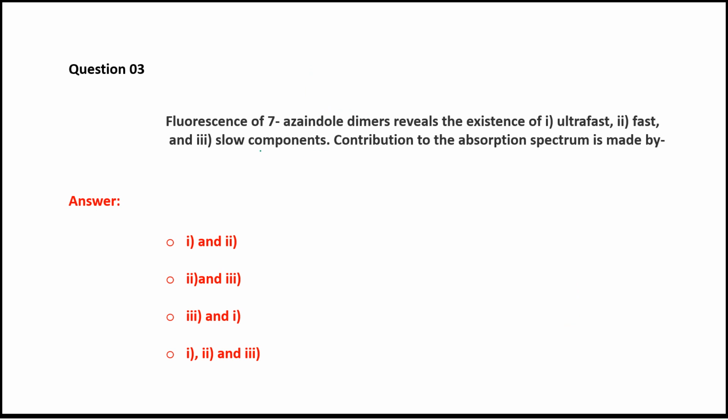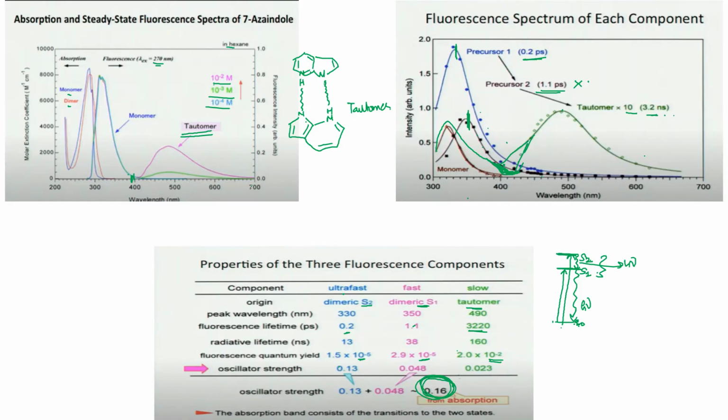The fluorescence of 7-azaindole reveals the existence of these states. Contribution to the absorption spectrum is made by. So here what you have noticed is the oscillator strength when we calculate for the individual components. This is the oscillator strength which we got from the absorption. When you compare the two, what you get is 0.16 from the absorption, which is the sum of these two individual components. Through this experimental data, we can conclude that